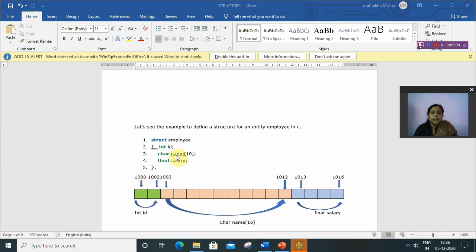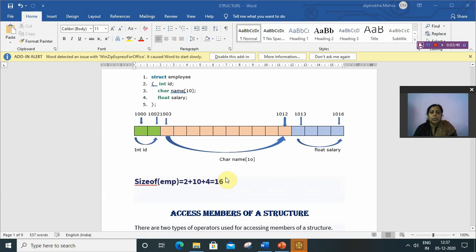After that, 10 bytes are used to store the name, from 1003 to 1012. Next, float is of 4 bytes and the last 4 bytes are used to store the salary. In total, 16 bytes are used to store the record of an employee. First 2 for ID, then next 10 for name, then next 4 for salary. In total it requires 16 bytes.